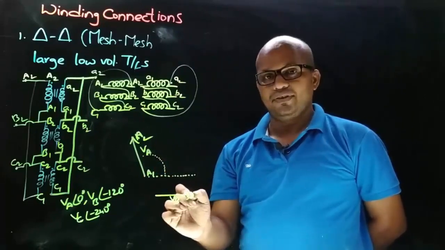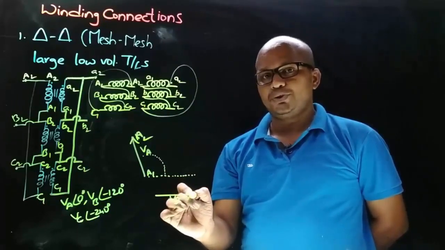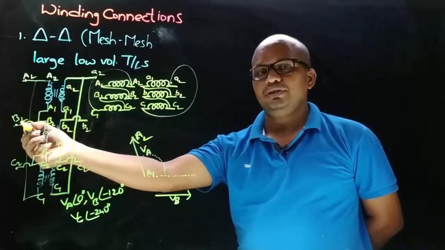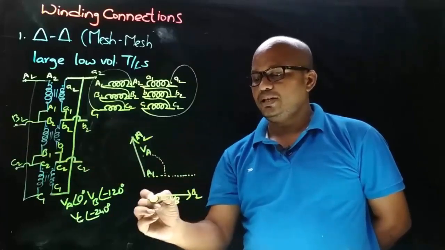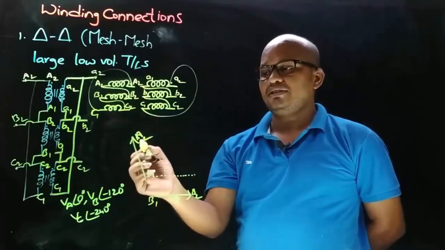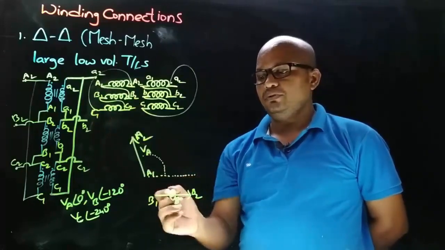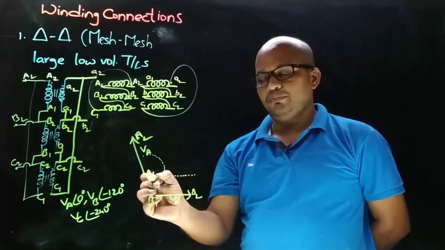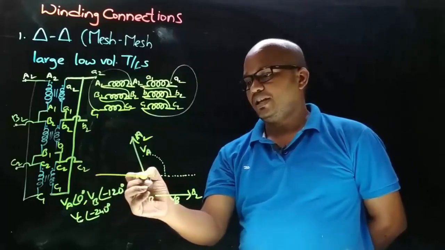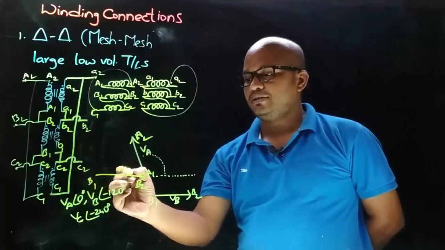So this is the VB phasor, and here we need to decide the terminals of this phasor. So arrow will always point towards the terminal connection we took from. So here the terminal connection we took from B2. So this is B2 and this is B1. And observe that in winding connection, VA phasor has A2 and A1 as terminals. So A1 is connected to B2. So in phasor, B2 will be pointing towards A1. So this VB phasor must be drawn like this. So this is B1. So finally this is VB phasor.